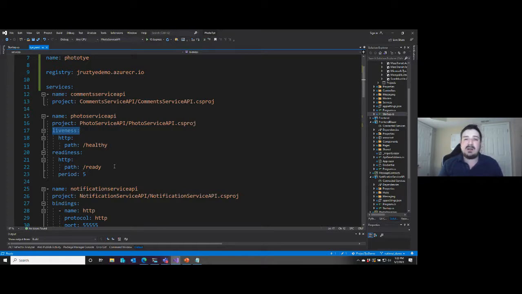Readiness is going to check that all of the dependencies have been met. I can connect to my database. I can connect to my message broker. And then once this ready is successful, then it will actually start routing traffic to this